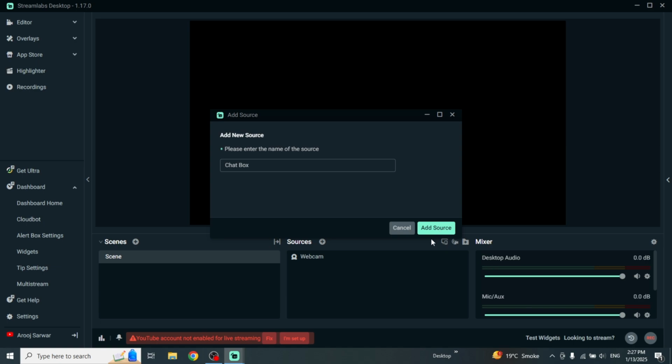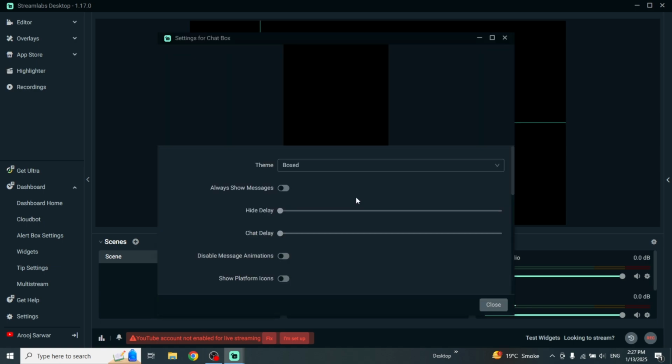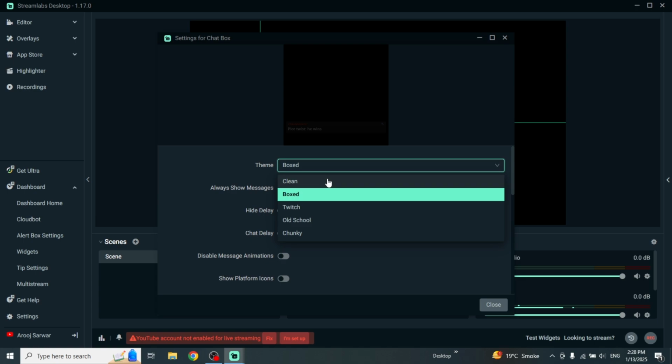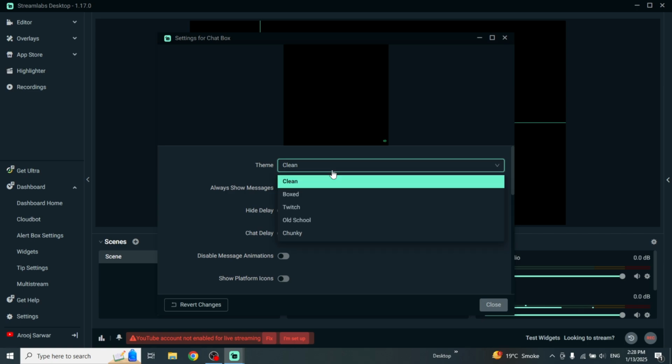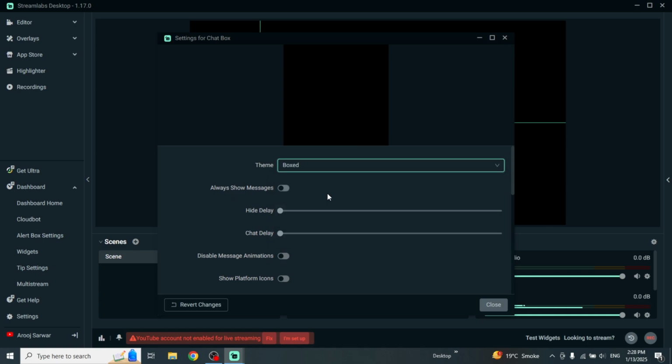Okay, and then there are different themes to choose from. We have clean, box, Twitch, old school, and chunky. This is how box looks like. If I am going to click clean, it will change. So in my case, I am going to be using box. I think this is a lot better because I can easily see who is sending the message and what the